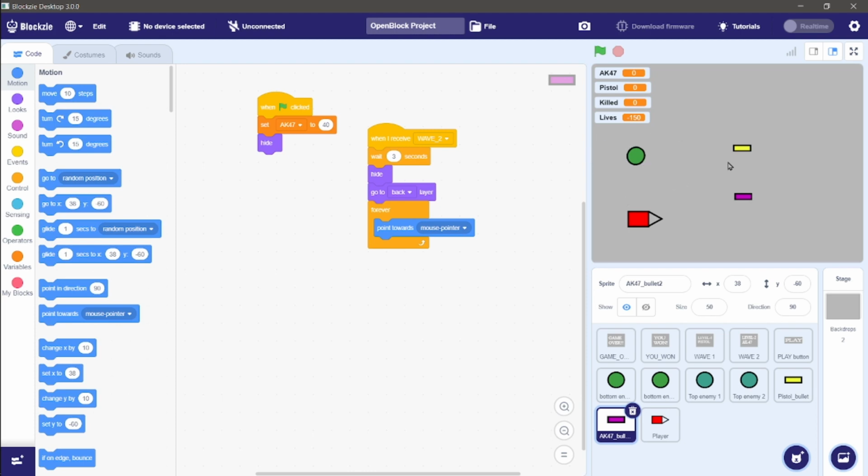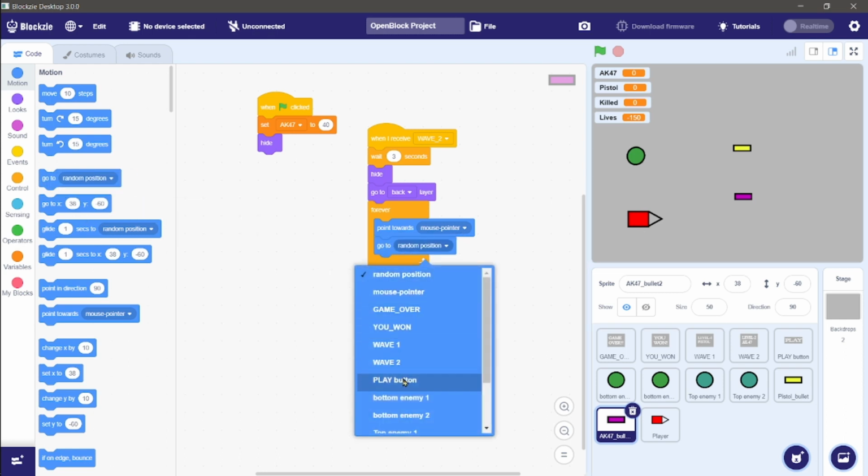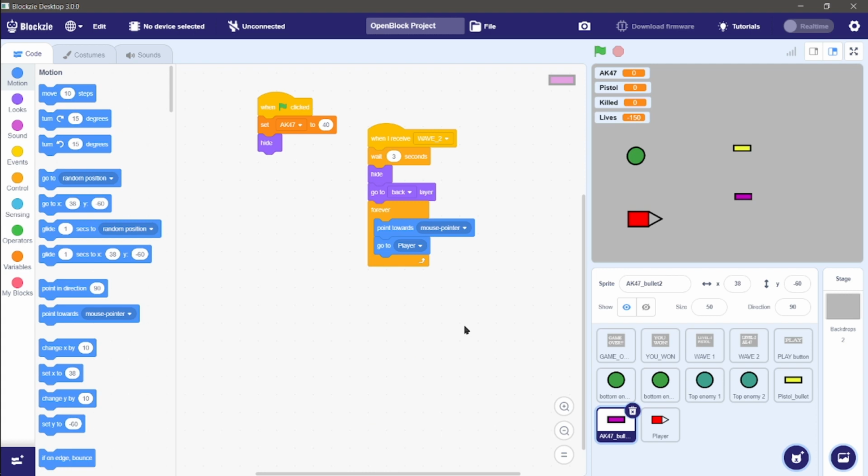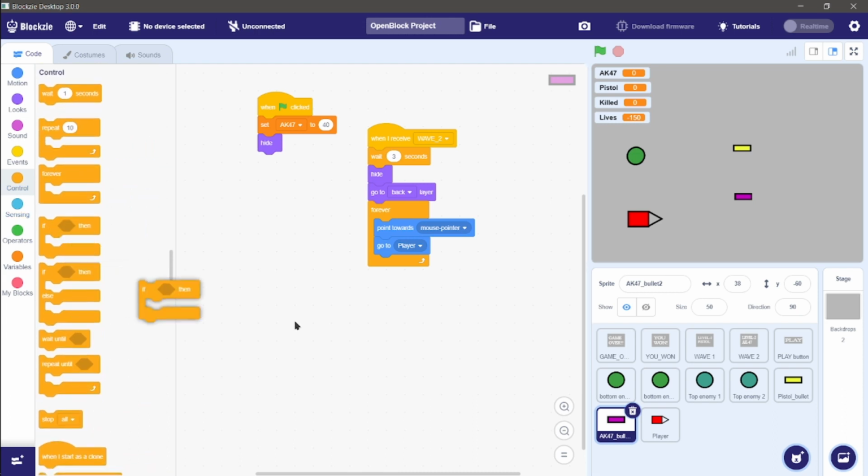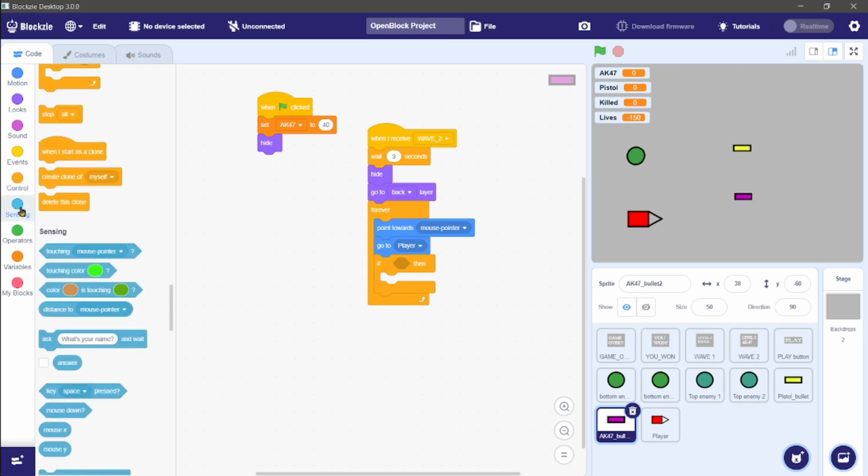point toward mouse pointer, and wherever your mouse pointer goes, it will follow its direction, and it will go to player, because it is going to follow its player. So go to player, and now we are making some conditions. What if it is touching player, what if it is touching this bullet? These are going to be made using different control blocks. The first one is: if mouse is down,